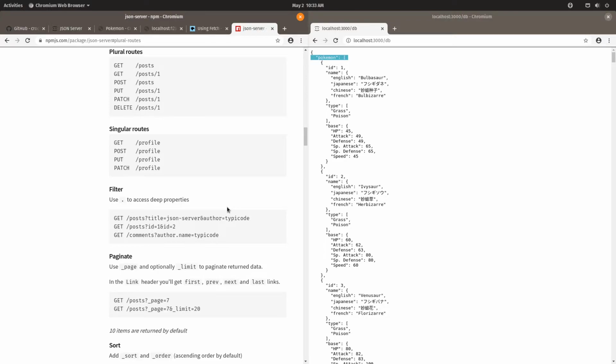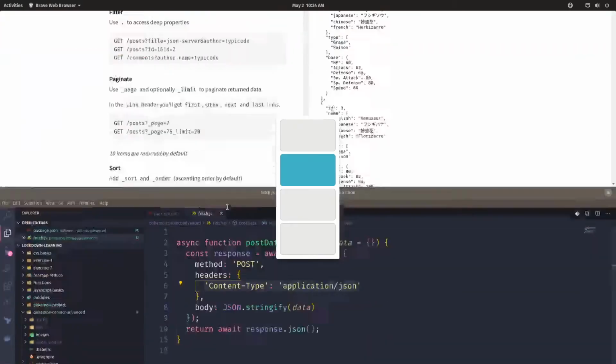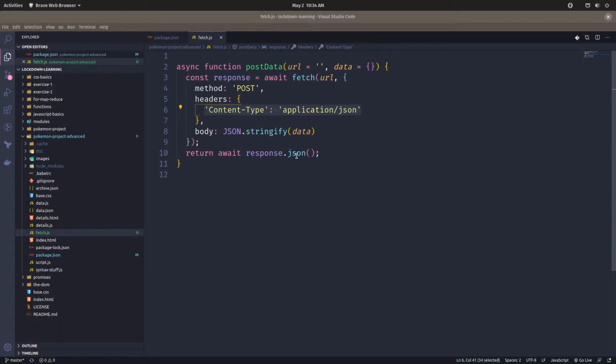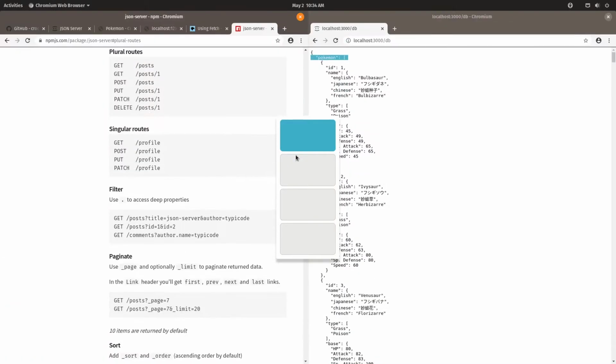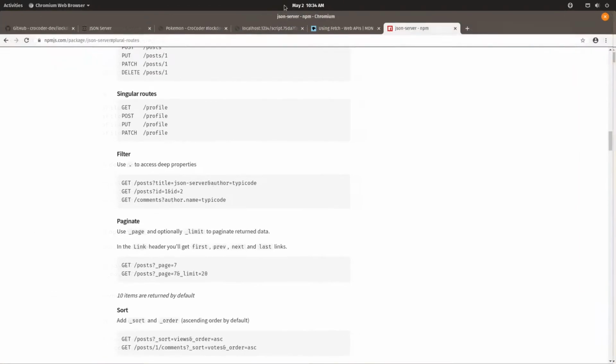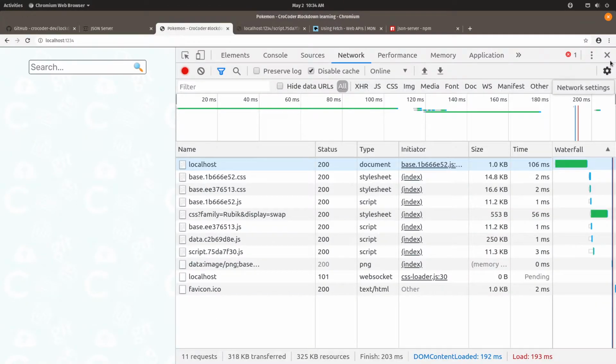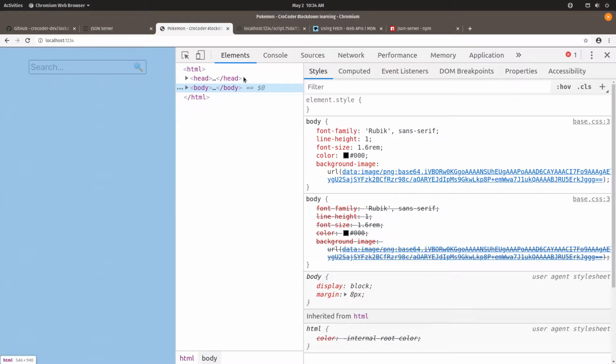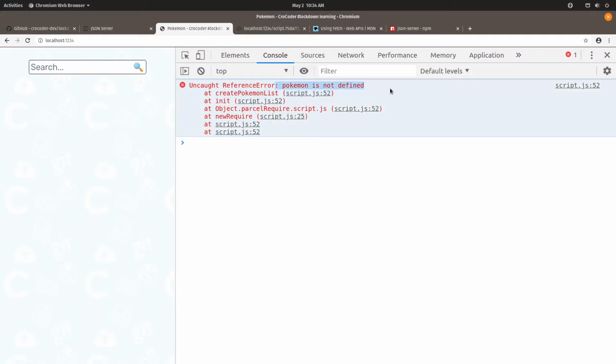So that's pretty cool. So let's go back to our new advanced project and let's fix the stuff that I know is broken. Let's just double check what's broken on our site. You remember, it's not loading. Why is it not loading? Pokemon is not defined. And why is that? That's because we had two different